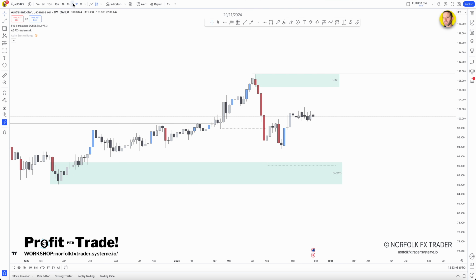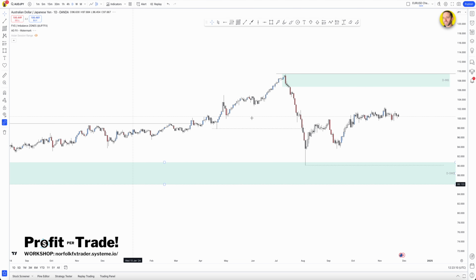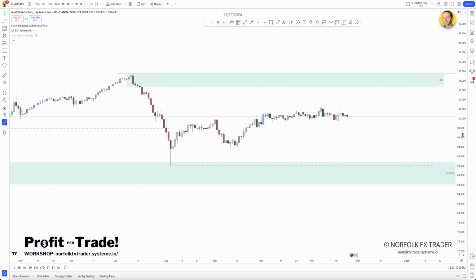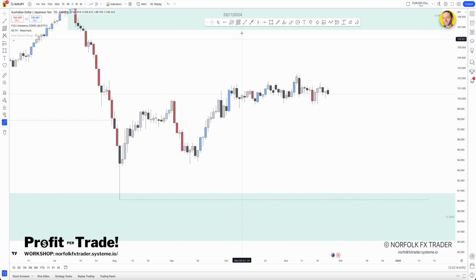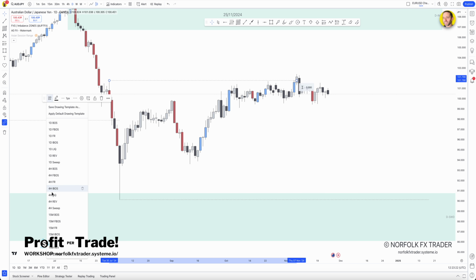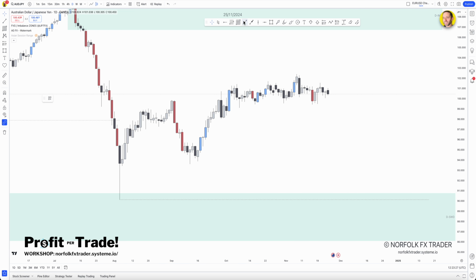Now, when we go down to daily, let's go into that daily. So there's our swing move, there's our internal move. And if we go closer into the current price, we've had that break here. So we've just shifted back through that high. We can mark out on a 4-hour time frame. And then we've swept this low here on a 4-hour. So we haven't yet closed through